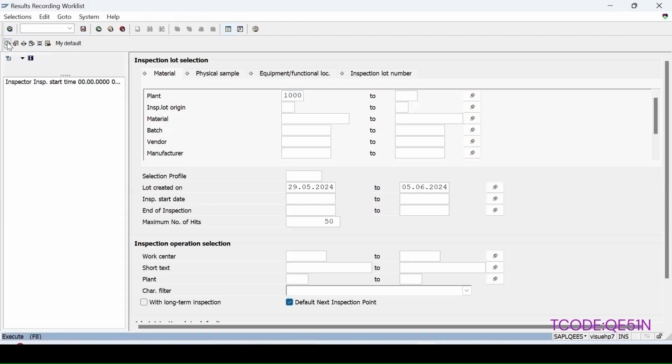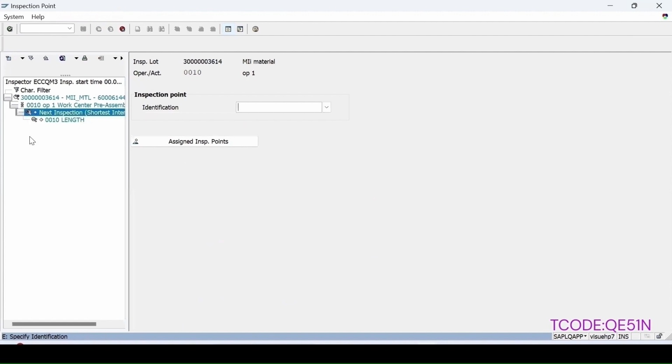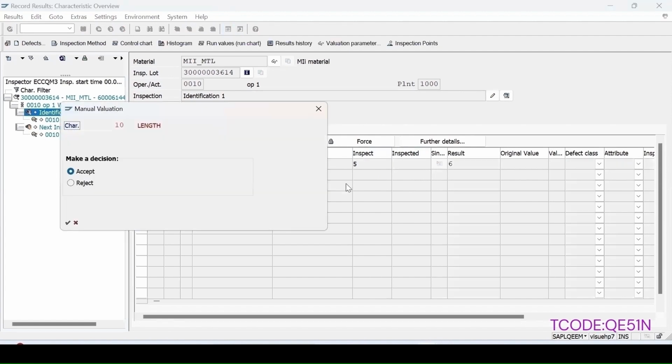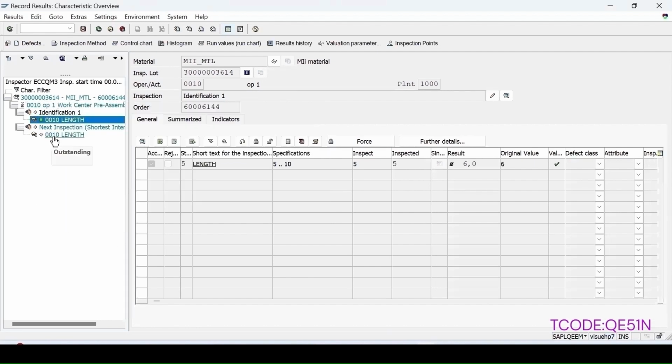Worksheet executed. Lot showing next inspection point. At present, it is showing this pre-inspection point. If I enter, say, 1 as my inspection point, here you can see next inspection point has been created immediately. Once we enter the value, it will be there. Okay, available for entry. So if I enter, say, 6 as my result, enter, accept it,